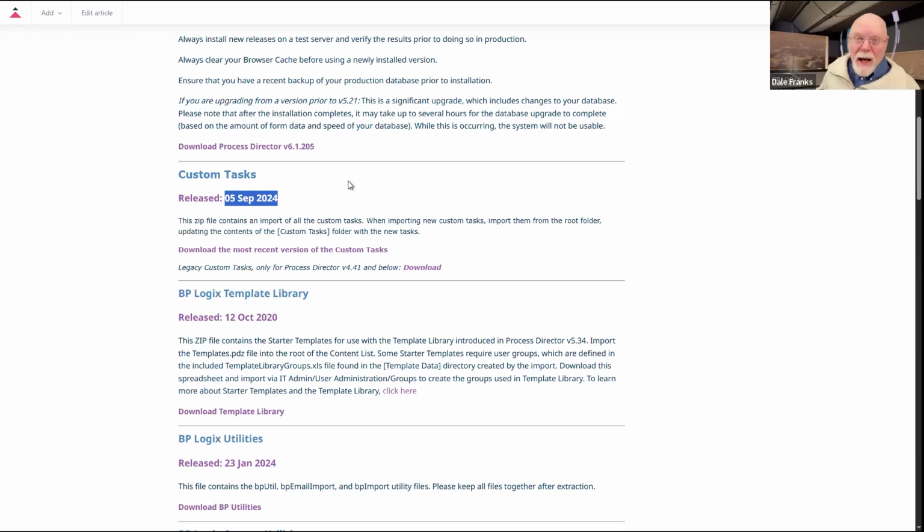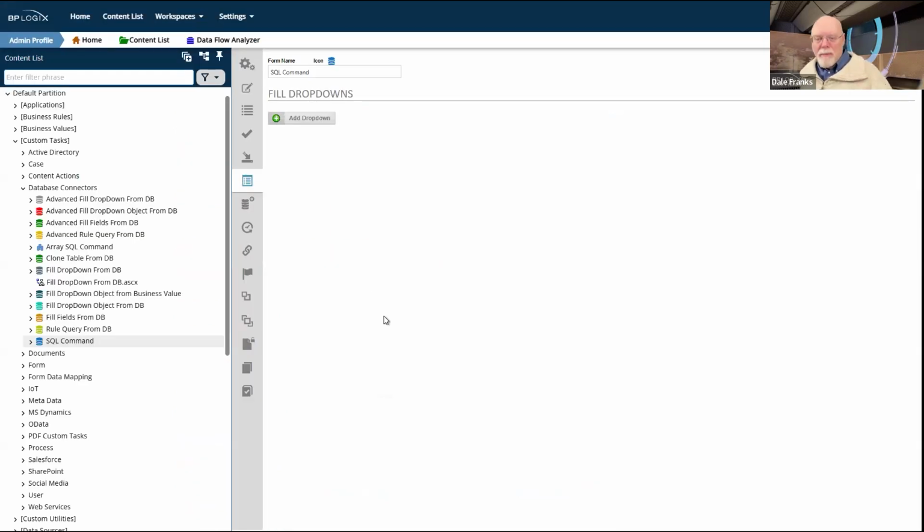But one of the custom tasks that we're having to replace is jump to step CT, and we've made a fix to that. So when 6.1.300 comes out, we'll have that jump to step CT in it. And in fact, we might just put the custom tasks out prior to that. In fact, now that I'm thinking about it, I can think of something that was going on with the item actions a couple of weeks ago, which I think may be fixed now.